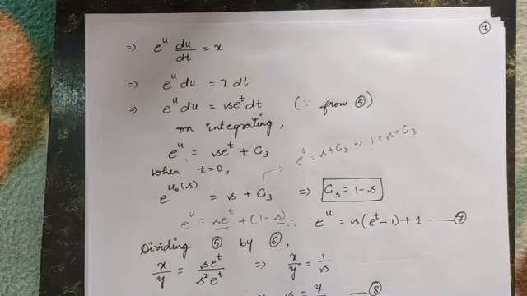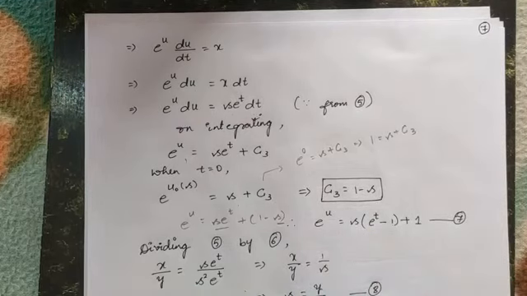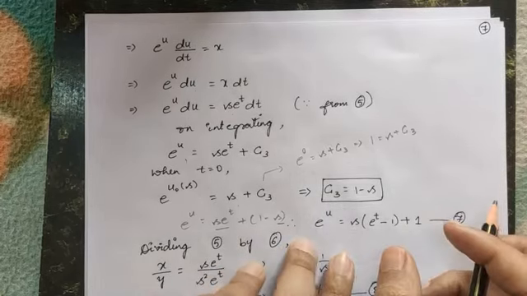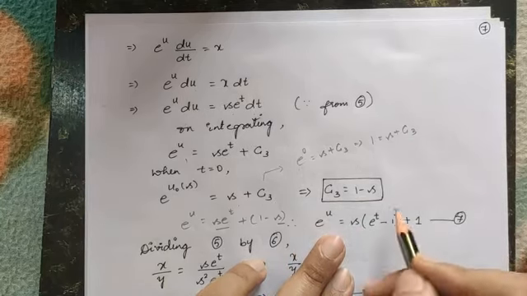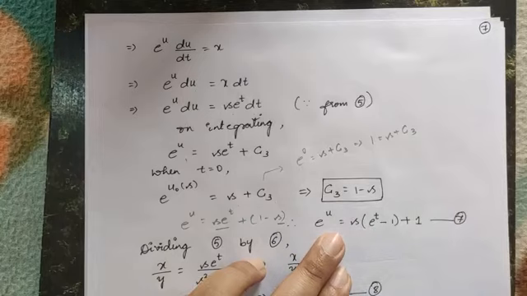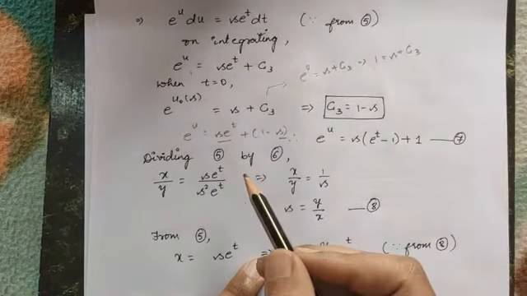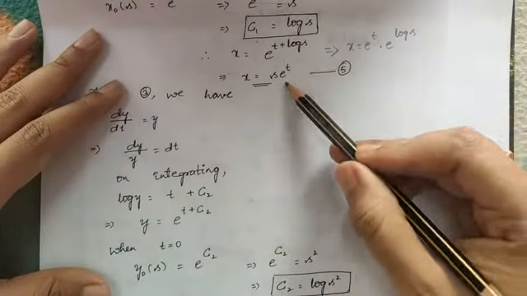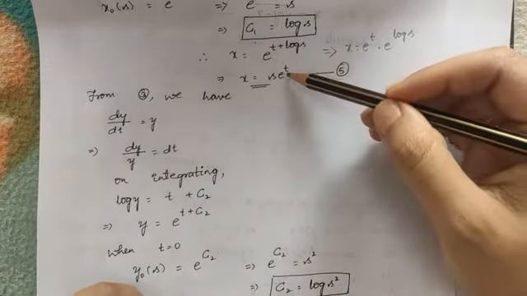So my next task is to eliminate t and s in my solution, right? If I want to find the solution, obviously if you take log on both sides, you will get u is equal to log of this term. But in this term I have s and t terms. Now I have to eliminate them. In order to eliminate s and t, first I divided equation number 5 by equation number 6, so that e power t gets cancelled.